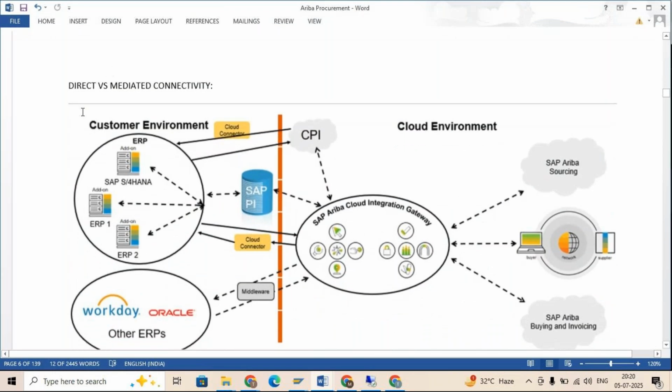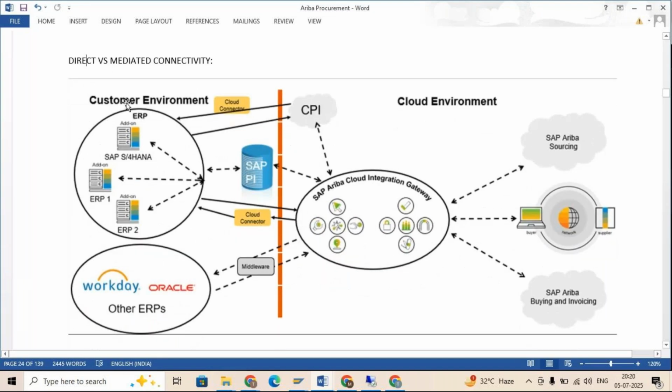Let's say this is one approach with third party, and the direct approach: direct connectivity and mediated connectivity, where your customer environment is in SAP ERP. We will go through Cloud Connector and CIG, and sourcing, buying and invoicing, business network, all the cloud environment is integrated. If you're going with a third-party ERP, we use middleware. How the middleware is used and how the middleware consultants customize it, they will have some GCP data mart to store the data. We don't have access to this, but I'll show you the scenarios I have for third-party integration. But this is the most widely used one